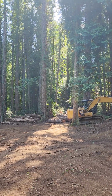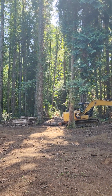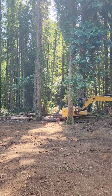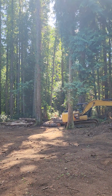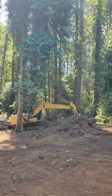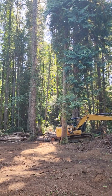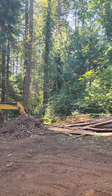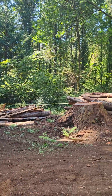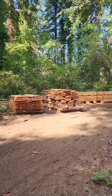He was here just a week and a half or 2 weeks ago, and he said the whole lot was covered in sun. So I think summertime sun is a pretty solid slam dunk, but in the winter, I think the sun's gonna get lower in the sky and you'll get less of it then. So I don't know if this would be compatible with solar or not, but it is a really lovely lot